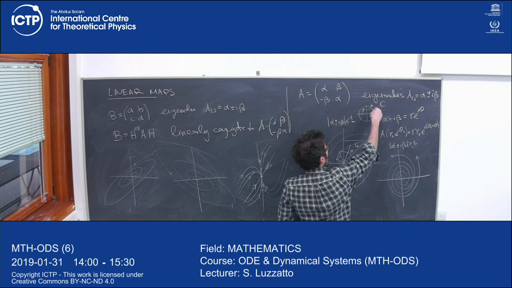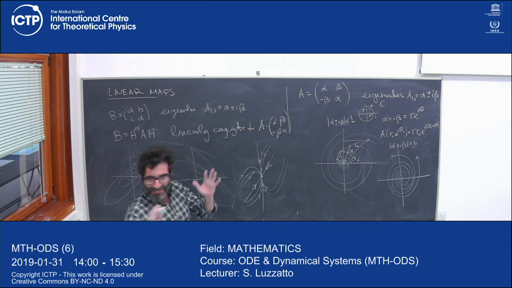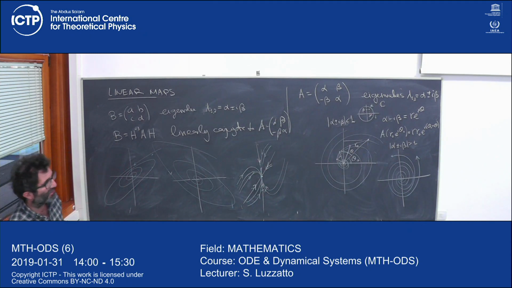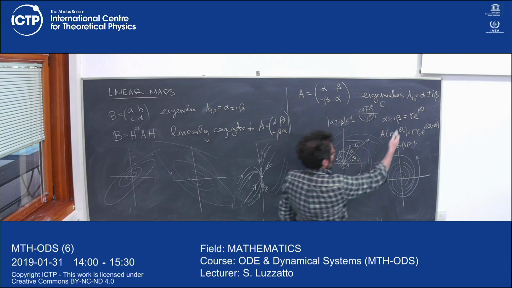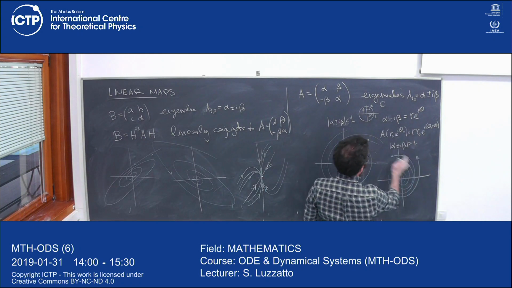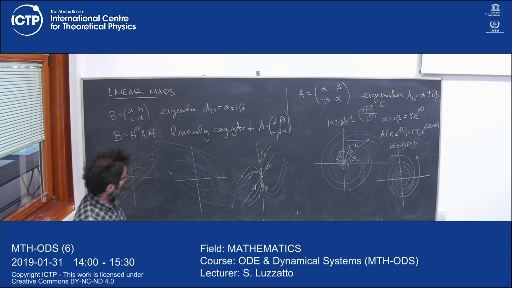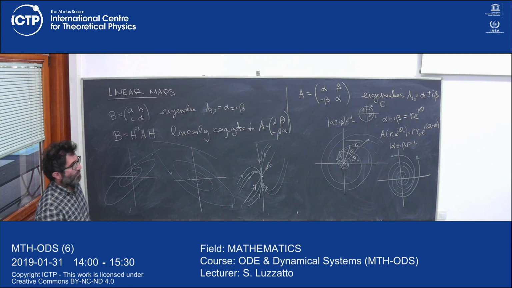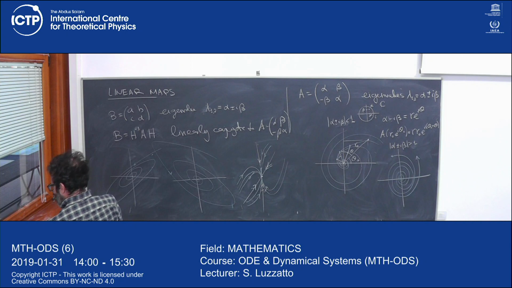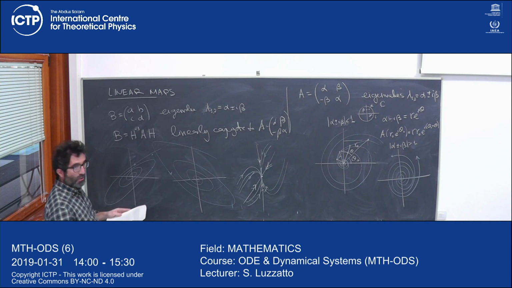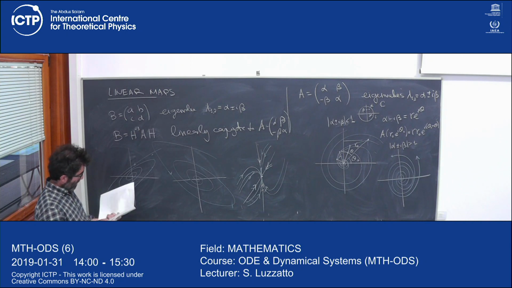So R equals 1 corresponds to lambda equals 1. 1 is always problematic in this kind of theory. So we assume either that R is less than 1 or that it's bigger than 1, different from 1. And we would like to know what topological conjugacy class all these things belong to. So I'm just going to sketch the proof, and then you can fill in the details, that